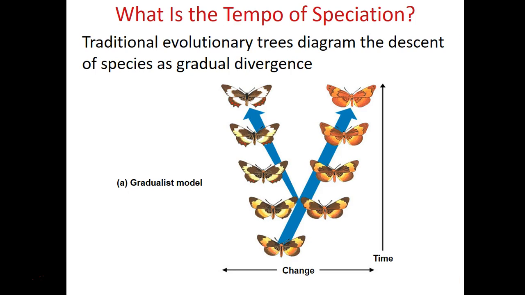So what about the speed of speciation? Well, traditionally it was viewed as this gradual divergence, and you'd have intermediate fossils representing each little step from one to the other. And while this can be found in some groups of organisms, in other groups of organisms we couldn't find intermediate fossils, and that was a point of contention because you would expect to find them.